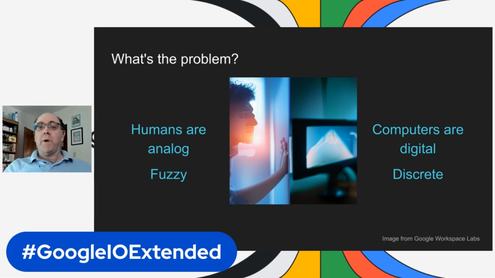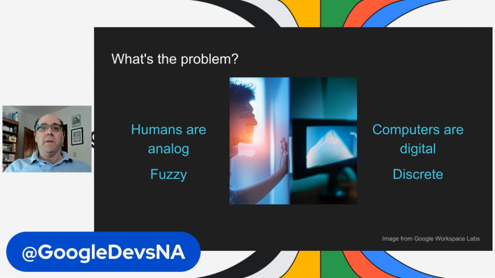So what's the fundamental problem here? Fundamentally, it kind of boils down to humans are analog creatures. We think of things in fuzzy terms. We have broad scoping ideas of when we think of things. But computers don't work that way. They're digital, they're discrete, they're concrete. Everything in a computer fundamentally boils down to a 1 or a 0. And everything is built up off of that. As you can kind of imagine, the two of them don't mix terribly well.